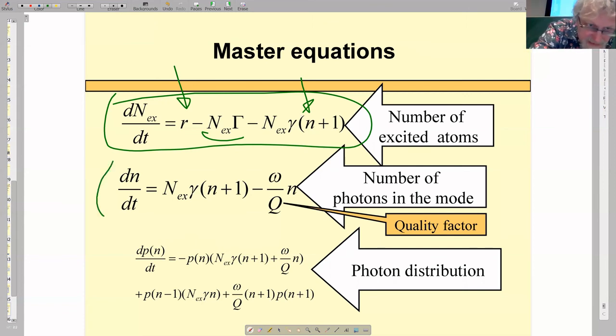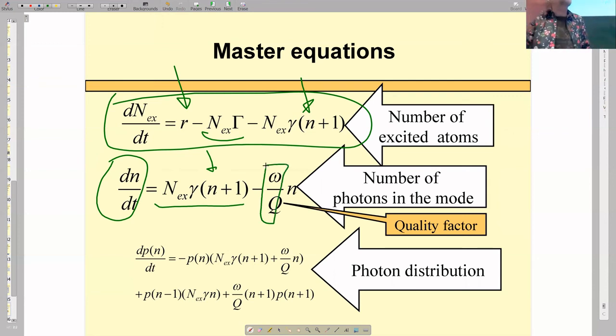All right. Then let's look at the average number of photons in the lasing mode. Here we have this stimulated emission, n plus 1. And we also have what we actually have to have. We have some light coming out of the laser, right? So we have emission from the laser, which defines this quality factor of the mode. How many bounces it should do before a photon gets out.